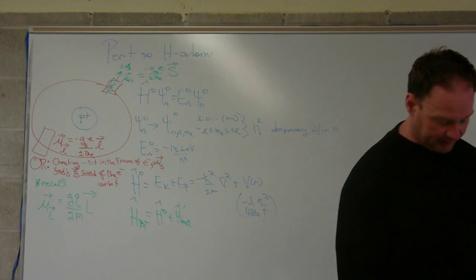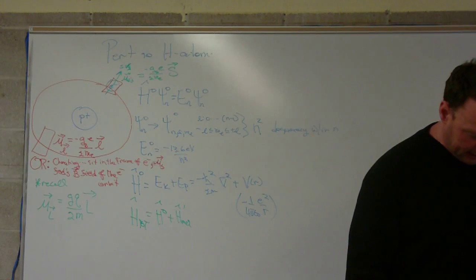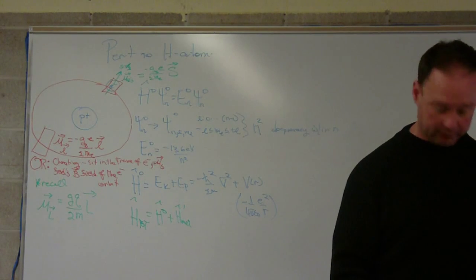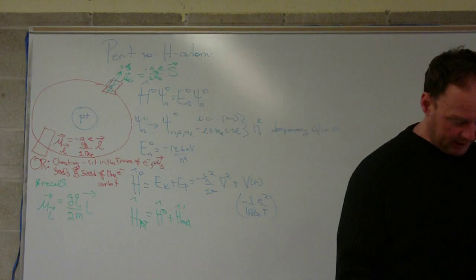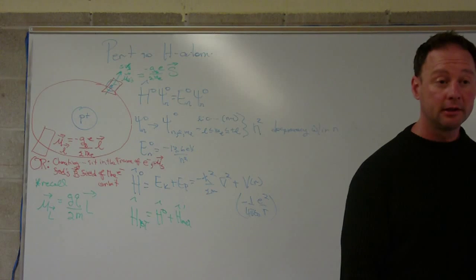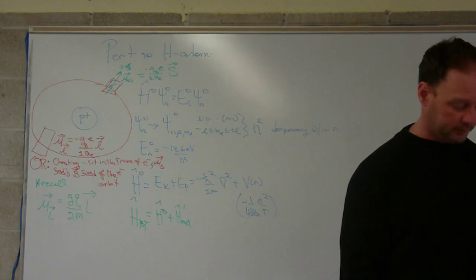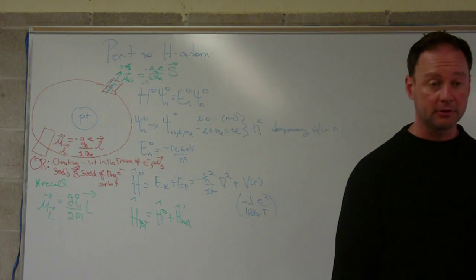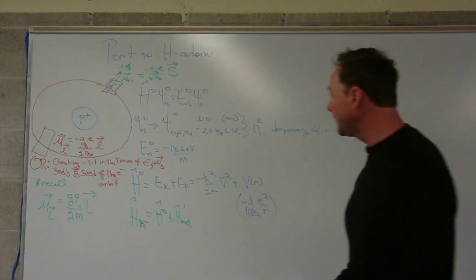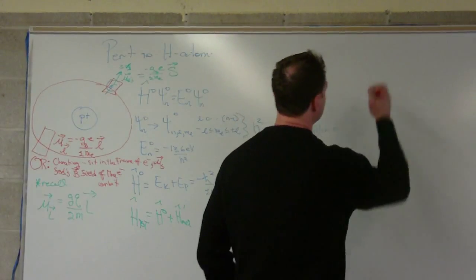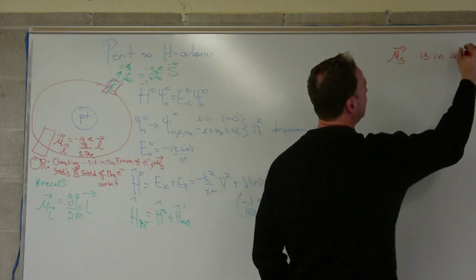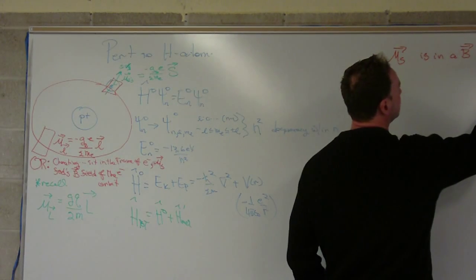So this isn't a 100% legitimate argument. The answer to do it correctly is on page 273, and it's called the Thomas precession. It's a correction, and there are a couple of nice footnotes on how it's done. In any case, we'll add in the Thomas precession correction later on. For now, let's imagine that the mu s is in a B due to